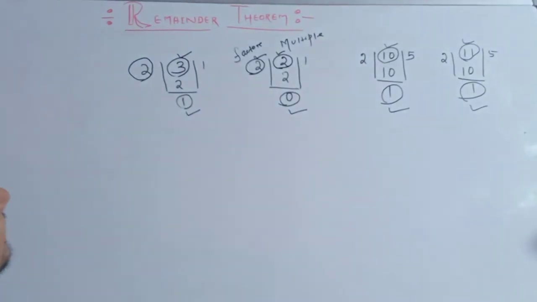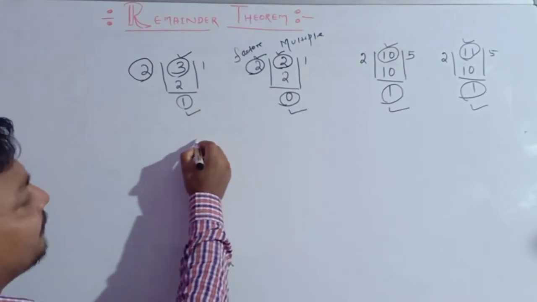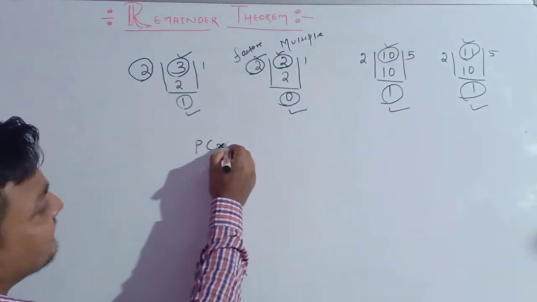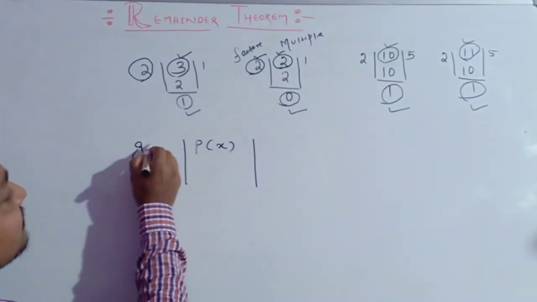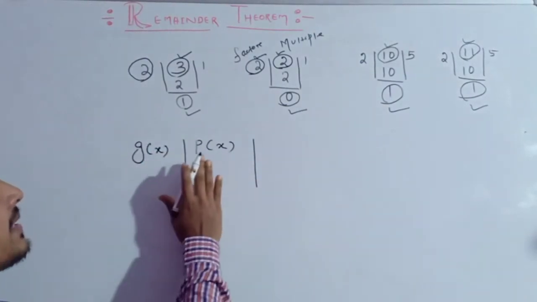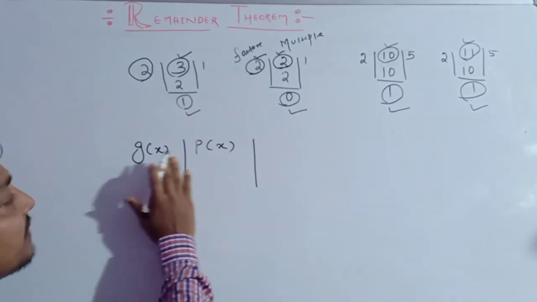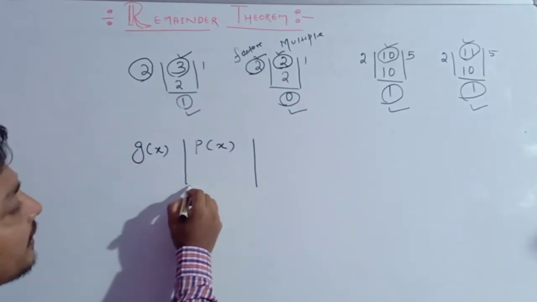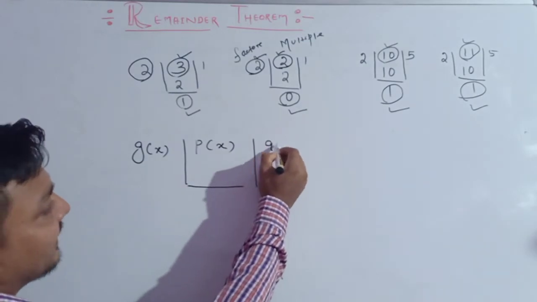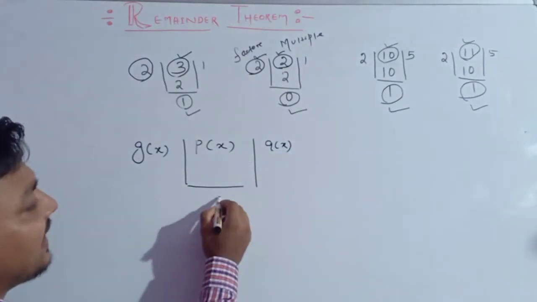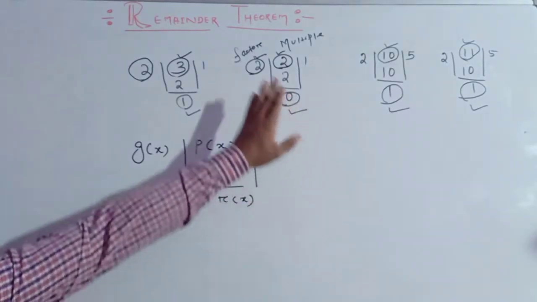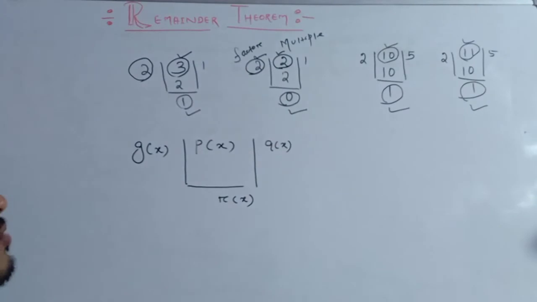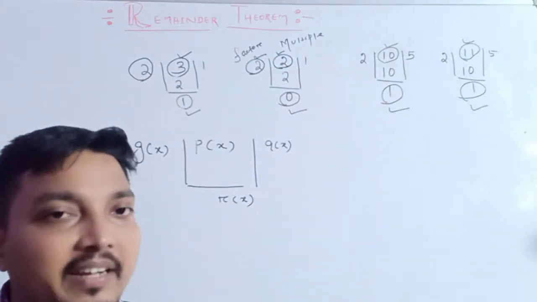So just like this, you just have to remember, whenever you divide a polynomial p(x) by another polynomial g(x), this one is the polynomial p(x), and this one is the polynomial g(x). 100% there you will get a quotient. Suppose the quotient is q(x), and suppose the remainder is r(x). Just like when you divide a number by another number, you get the quotient as a number, and the remainder also as a number.